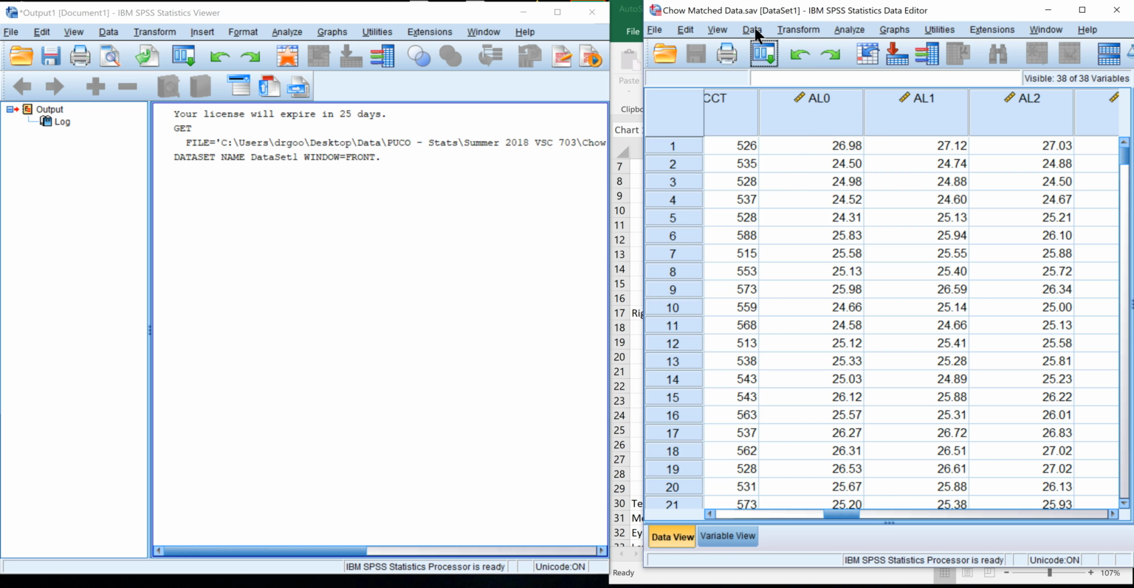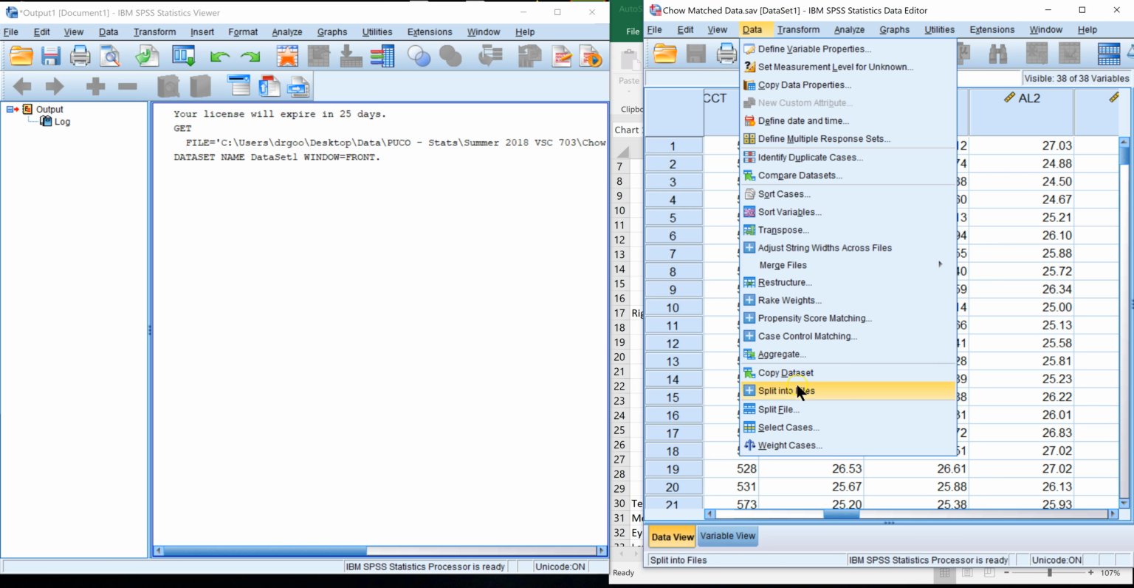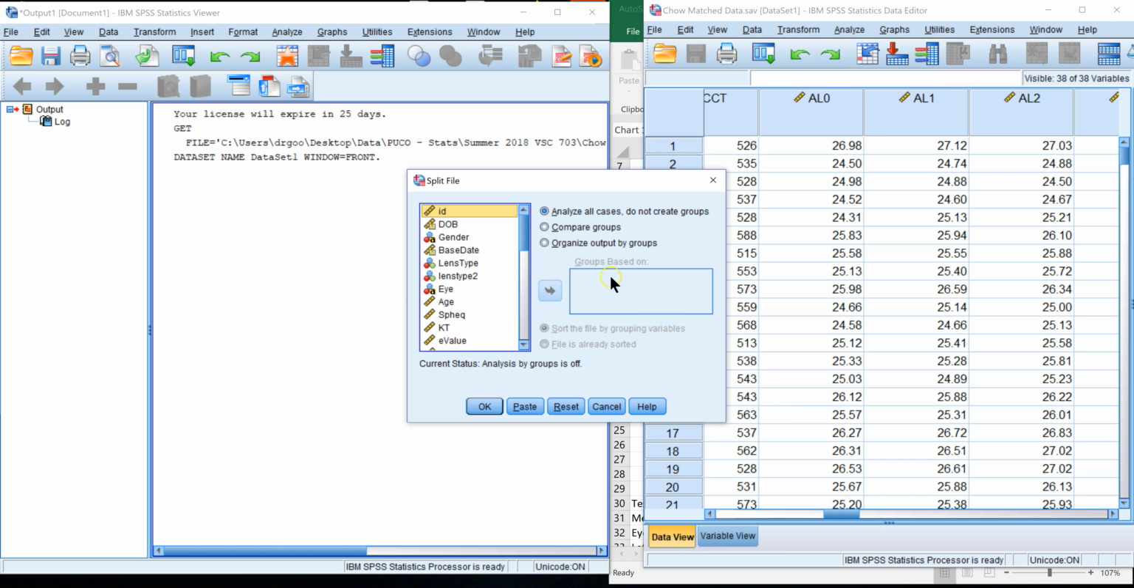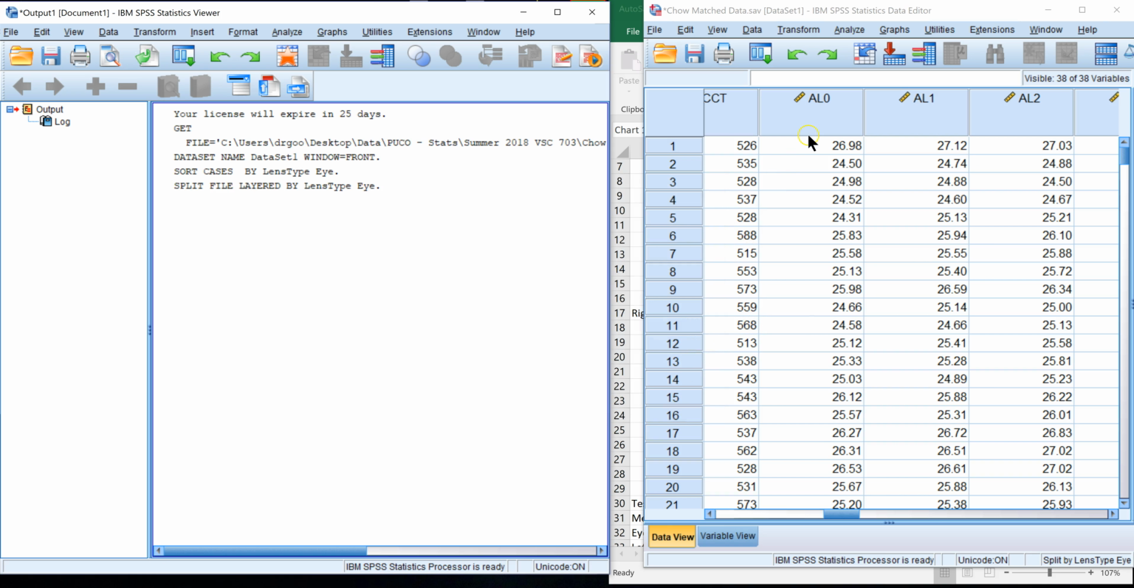Now, we're just doing one way, so we need to split our file by lens type. We're just going to do the spherical versus aspherical, and we need to split by I. So we'll have 6 groups, and we're just going to do an analysis of year for each one. We're going to look at axial length at baseline, 1 year, 2 years,